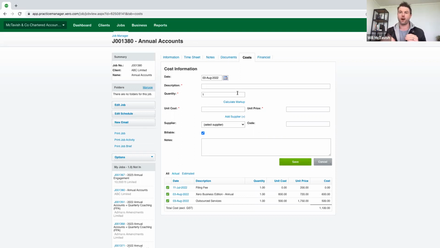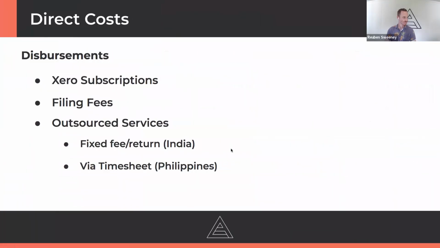A 200% ROI would be $1,000. So just want to clarify that your markup and your ROI are different. Yep. Fantastic. Cool. So that's fixed fee, and we often see that that's normally coming out of countries